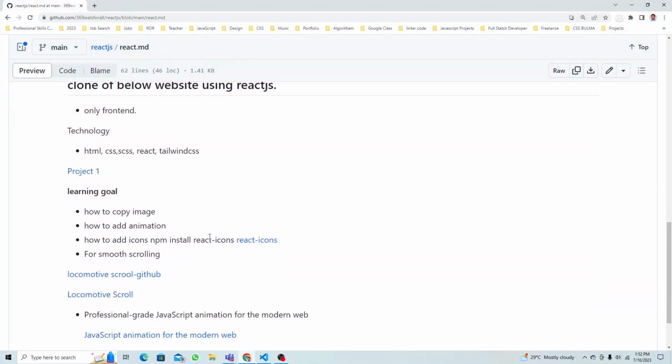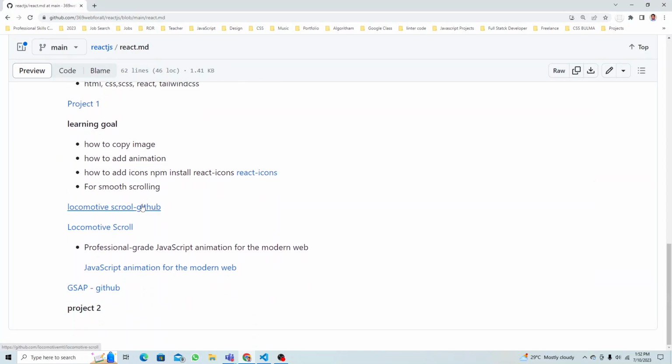Okay, so first let's look at these two things. Locomotive Scroll. This is basically a library to add smooth scrolling inside your page. If you open this one, or maybe if you go to their website,